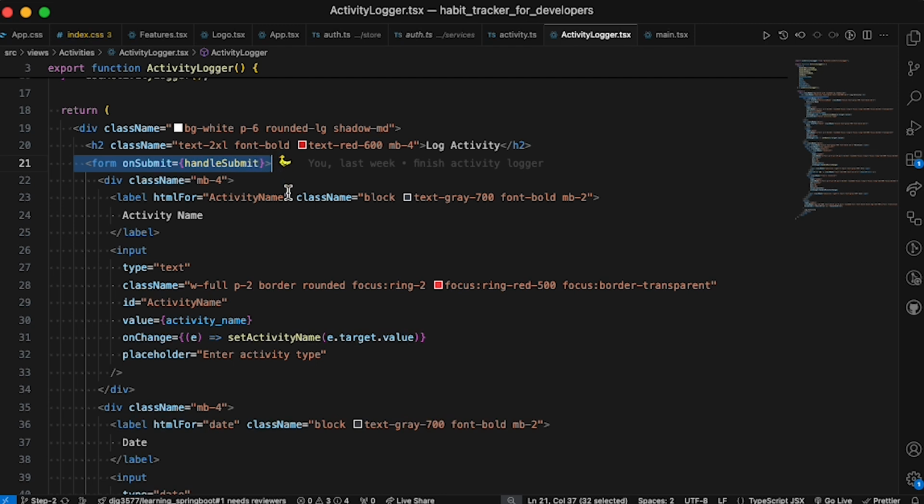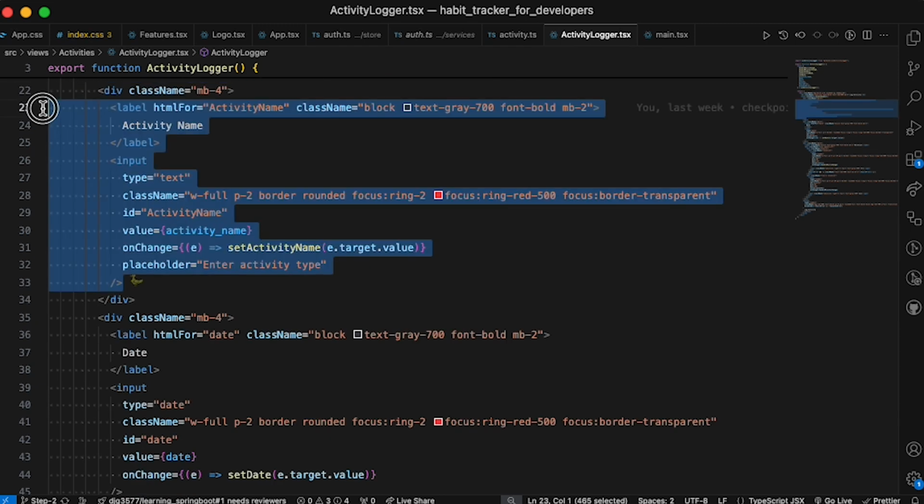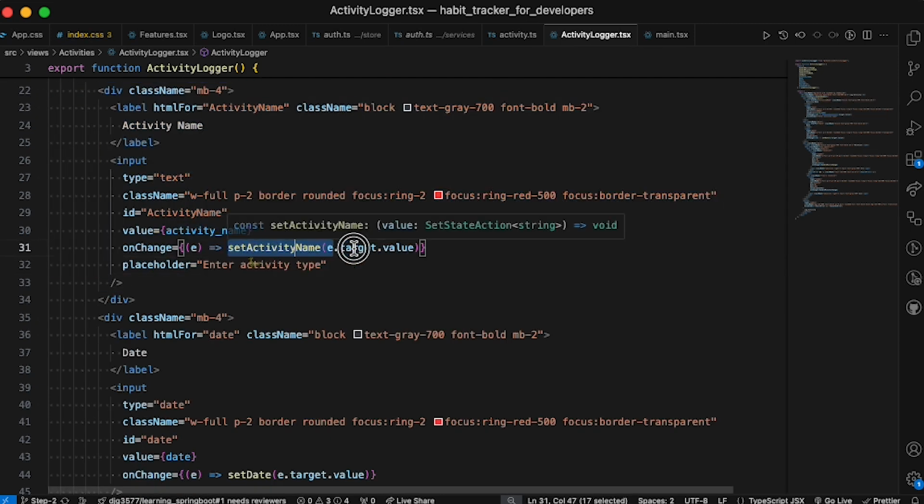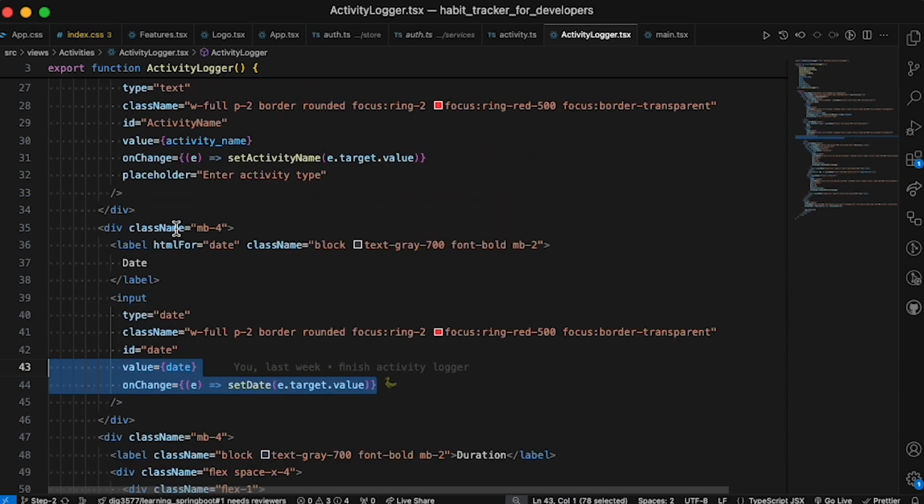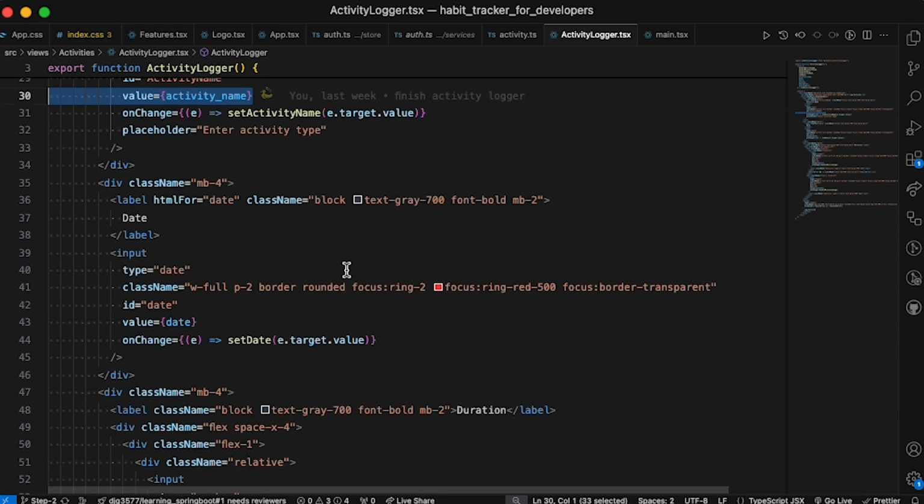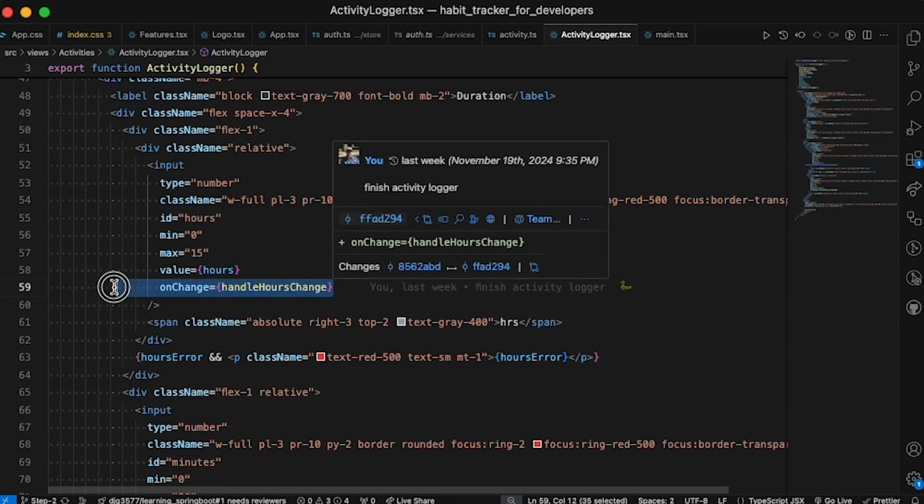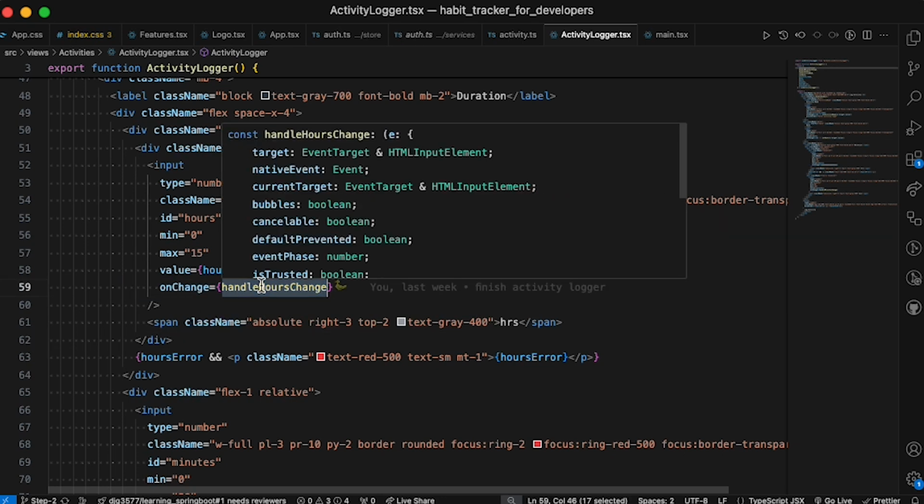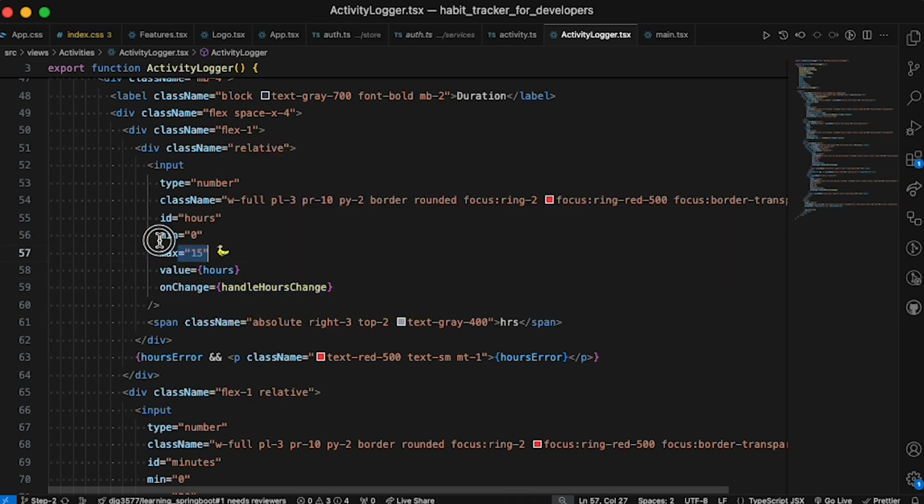Now in our activity logger, we're going to call this hook and destructure all of its return values. And on the form, we're going to do the onSubmit and we'll submit here. In the activity input, we're going to set the activity name to be the value that's getting passed in. Same goes for date. We're going to give it the value of date, same as activity name. Handle hours, we're going to give the onChange to be handleHourChange, and then value being hours with a maximum of 15 and a minimum of 0,